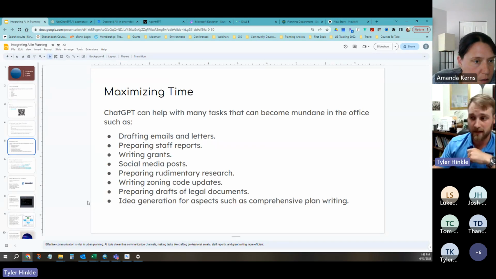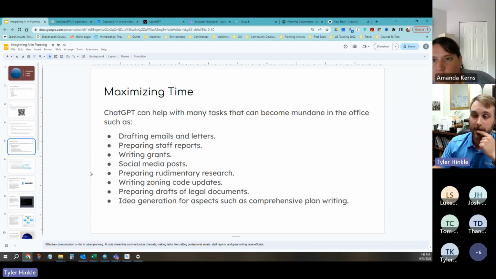Again, another thing that we use it a lot for is idea generation. So, for example, one of the things that the public had come up with was that we were going to be carbon neutral by 2045, which is a very daunting and large task. So we kind of wanted to know, based on our public input and what ChatGPT might say,